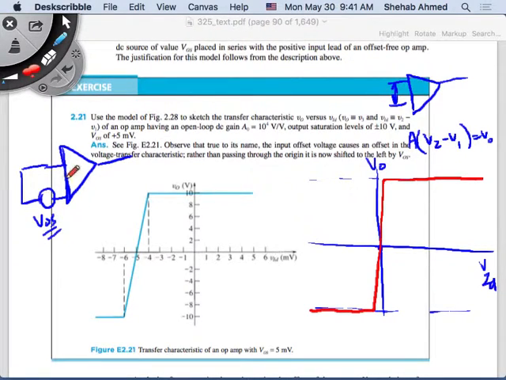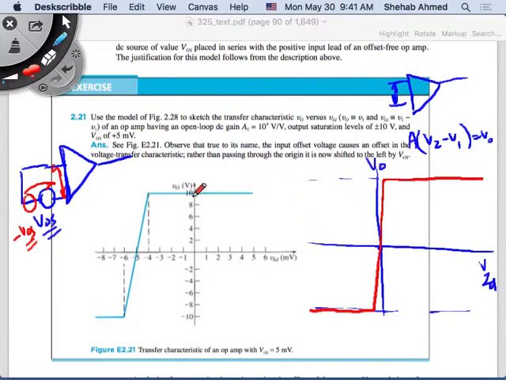From a circuit perspective, think of it this way. What would you need to do to create an output voltage that looks like this? You would need to add a source here, maybe of minus the offset voltage. That way, minus the offset voltage plus the offset voltage, the sum here is 0, so that the difference between these two inputs now is 0 volts, right? So in this case,